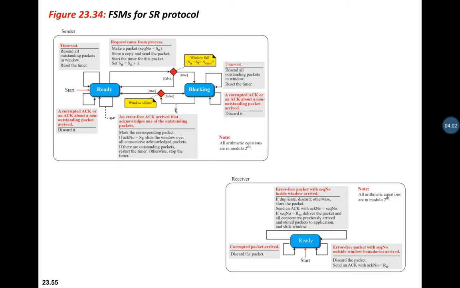For example, assume a sender sends 6 packets: 0, 1, 2, 3, 4, 5. The sender receives an acknowledgement with acknowledgement number 3. If the system is using go back N, then it tells us that packets 0, 1, 2 are received uncorrupted, and the receiver is expecting packet 3. In the case of selective repeat, it means that packet 3 has been received uncorrupted, and the acknowledgement does not say anything about other packets.